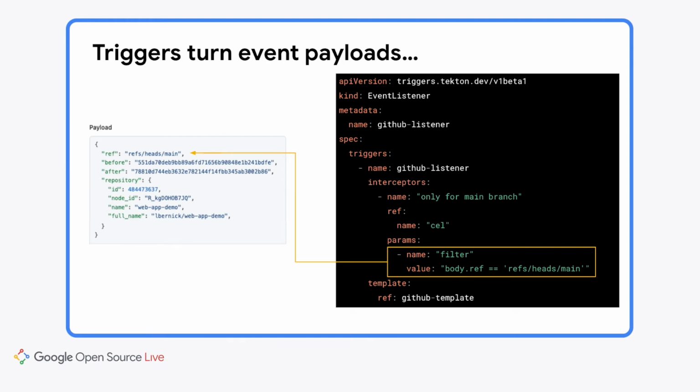Because the main branch is the only one that gets released into our application, we don't really care about pushes to other branches. So I'm filtering based on some content from the message body to only the events that we care about. You can also map the event payload to pipeline run parameters. So for example, if you wanted to reuse this event listener, trigger, and pipeline run combination for a different repository and its release process, you can do that very easily with Tekton triggers.